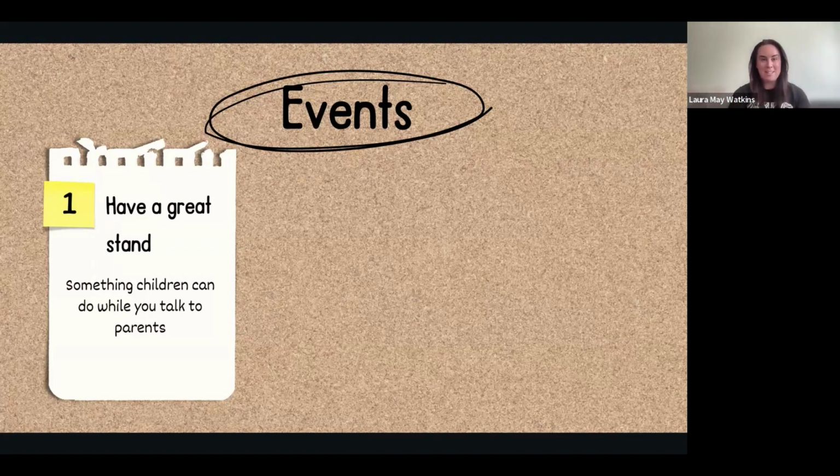Have a really nice looking stand. Make sure it is absolutely covered in all your branding, your logos, what it is that you do, so it is blatantly obvious to people exactly what it is you want them to sign up for. Then ideally have something that children can be getting on with while you talk to the parents about your classes. If you are looking at little ones coming to classes, bubbles are really good. Colouring pictures are really good. If you run any sort of drama classes, dance classes,